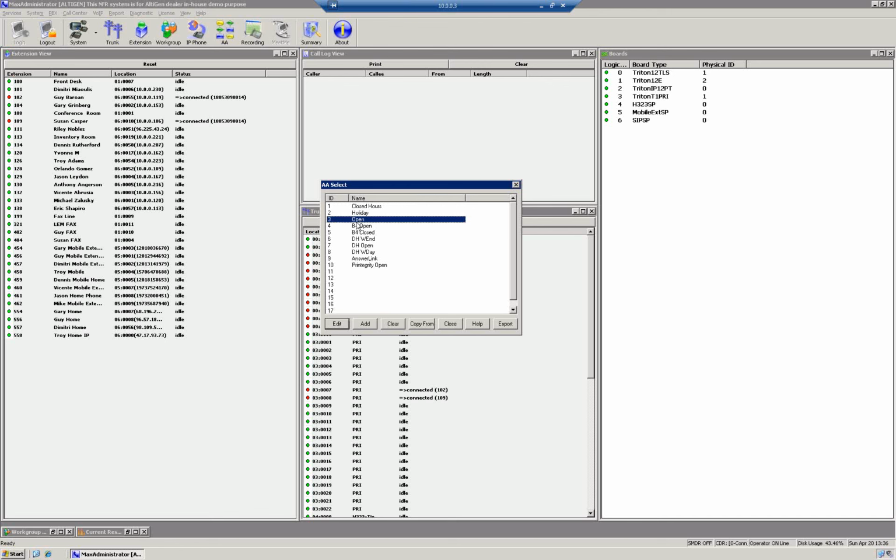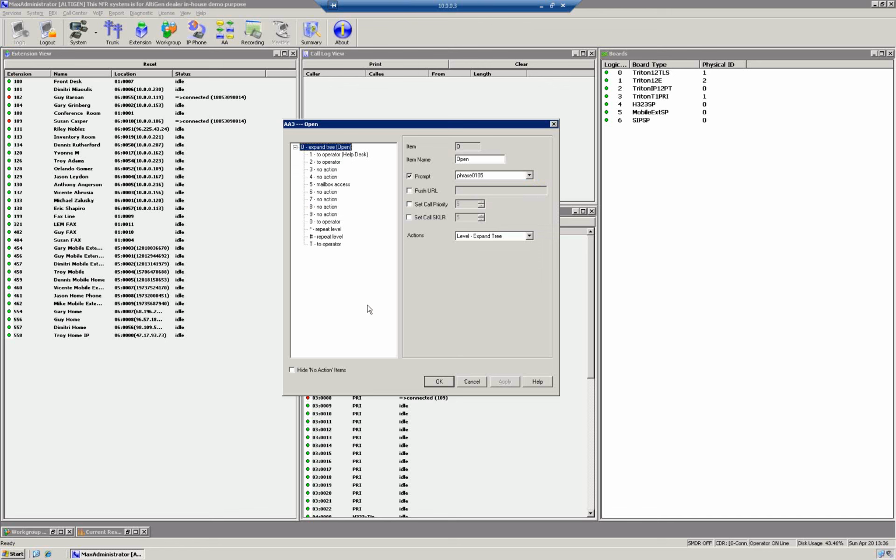So let's take a look at what we have here. If we click on one that we've already created, or we can create a brand new one by highlighting it and clicking Edit. In this case, we'll just click on Edit for the open. In our particular auto attendant, we record every single call. The first thing that you see here is 0, 1 through 9, 0, star, pound, and T for timeout. Our first level says that when somebody calls our office, we're going to play a prompt, which is a phrase, 0105. In our particular case, it says, thank you for calling Baroan Technologies. Please note all calls